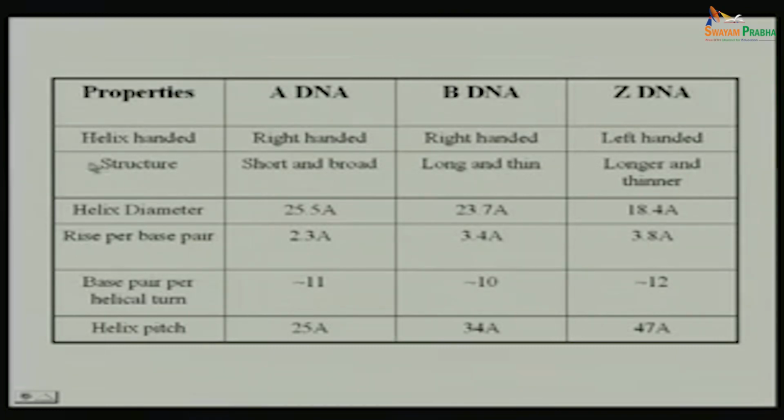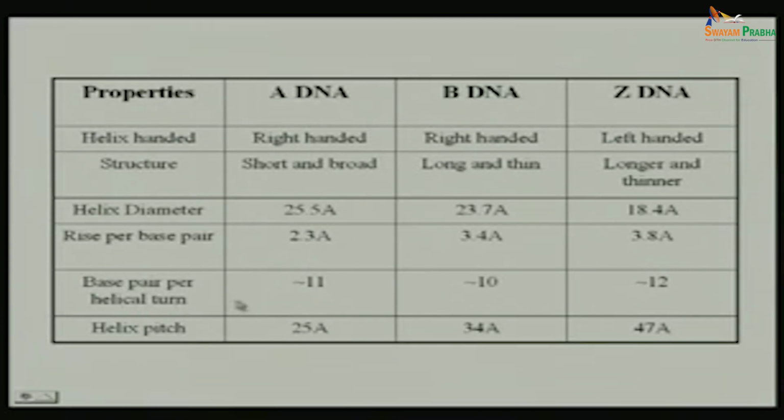When we are comparing the properties of these types of DNA, if we consider the B form as the standard, A form is a right-handed helix, B form is a right-handed helix, and Z form is a left-handed helix, and there are very many differences between them,